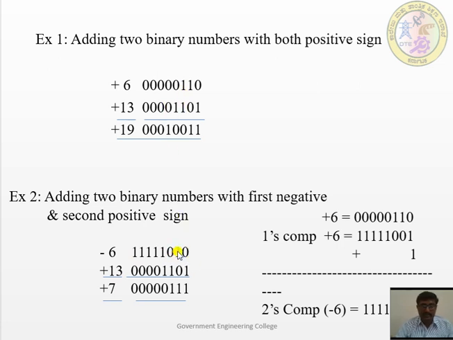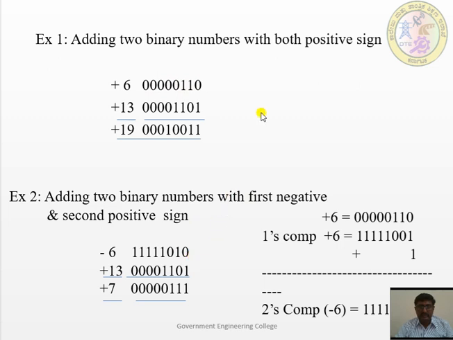Directly also we can do it, or as in the previous slide, 1's complement, then add 1 to it. The direct method is to check the first 1 digit, and until that keep the bits the same. The first 1 digit is here, and until that it is kept the same. The remaining bits are taken as 1's complement. Then add it.